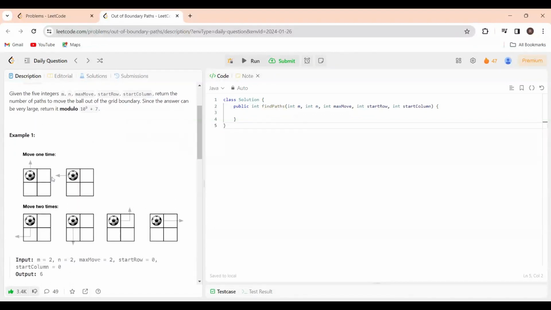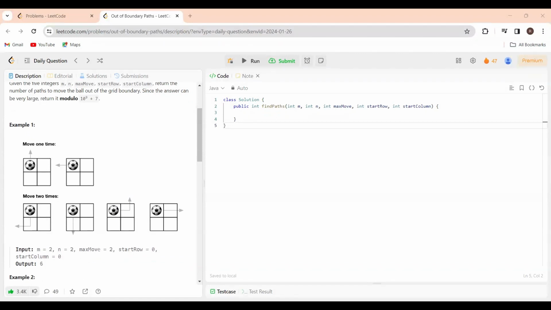For example, the ball is here, so it can move up in one move, and it can move left. If it moves up it goes out of boundary, and if it moves left it goes out of boundary. Or else it can move here and here, it goes out of boundary. Or it can move here and here, it goes out of boundary. And it can move here and here, out of boundary. As we can see here,